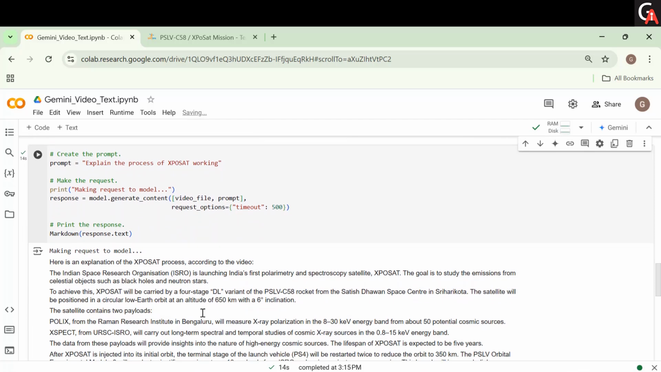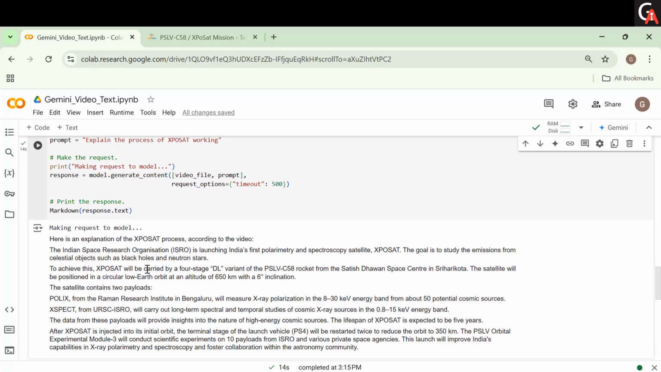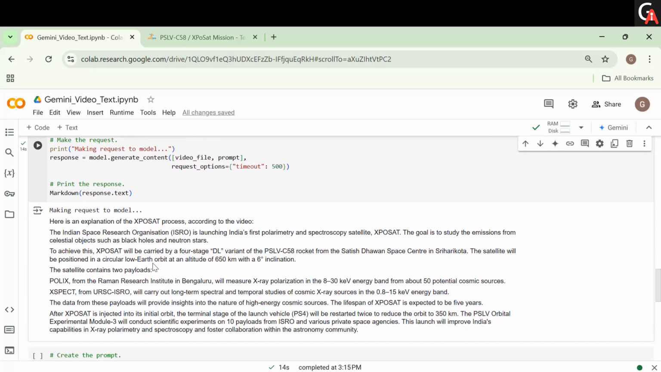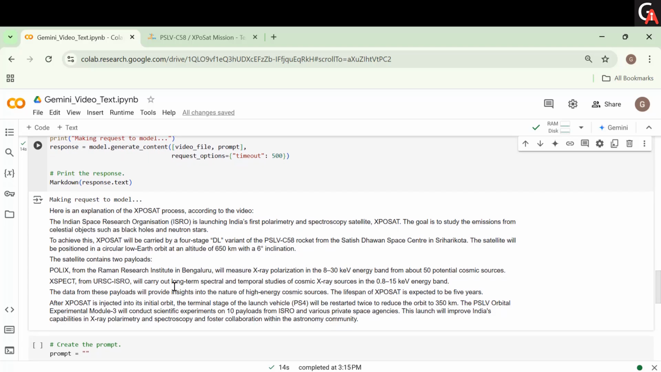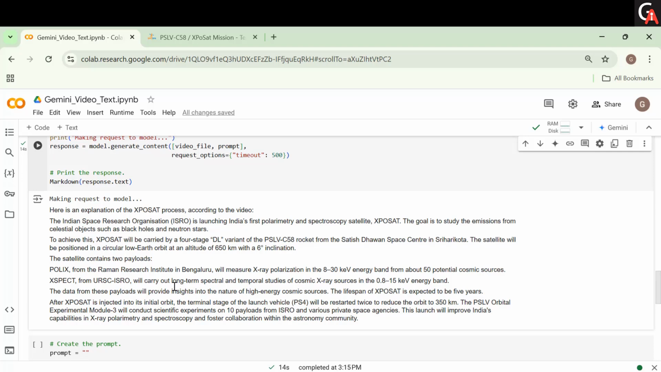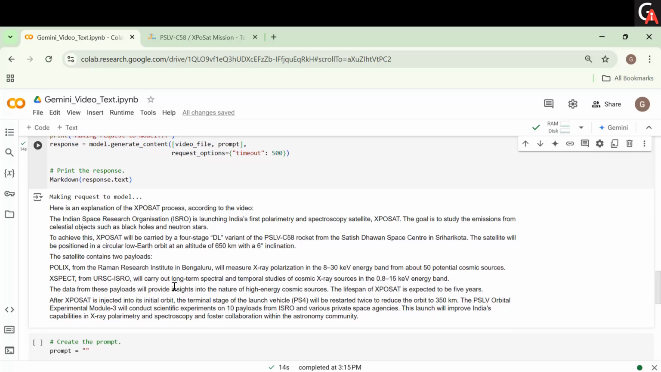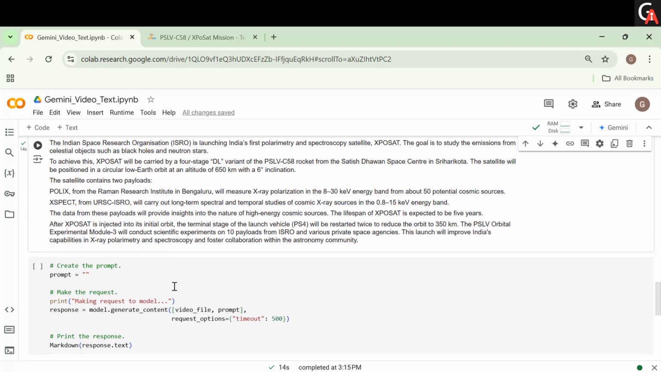So here we can see our Gemini model has generated some output, and it is explaining to us how the ExpoSat works. So here we can see entire details about the ExpoSat working. So here we can see how quickly it has generated the content within just a few seconds. Now let's ask it another prompt like